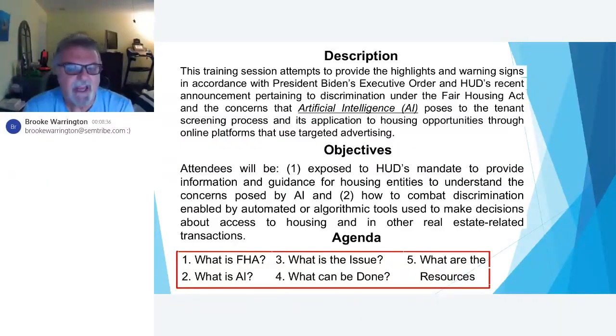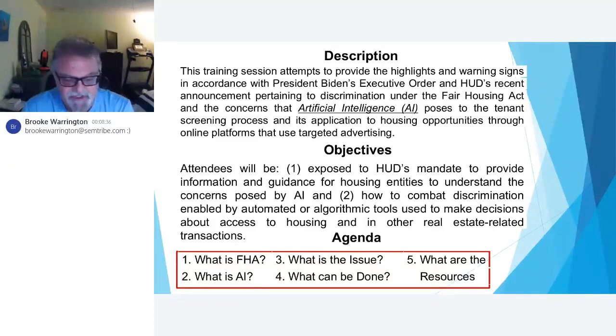And secondly, how to combat discrimination enabled by automated and algorithmic tools used to make decisions through AI to access the housing and other real